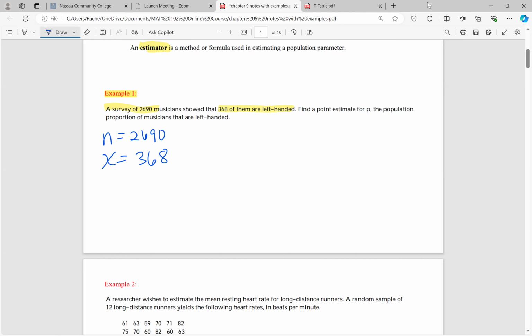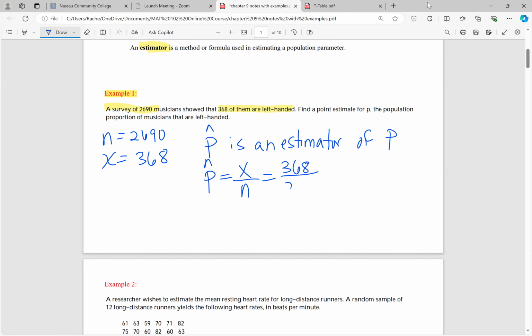So we can't calculate P, but I can estimate P, right? I can estimate P using P hat. So P hat is an estimator of P. And remember, the way we get P hat, or the sample proportion, is we take X and we divide it by the sample size N. So if we take 368 left-handed people divided by the 2,690 people that we surveyed, that's going to give me